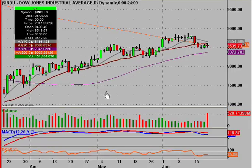So the first thing to point out here on the daily chart is this level just right up here. It's not an exact level, it's more of a zone. We had the price pop up here numerous times, and every time it did, it could never stay up there. It just got knocked back down. So this area is right around 8,800, or 8,850. But the point being, right around 8,800 to 8,850, there's clearly some resistance, and for a couple of weeks the price just kept going up there and